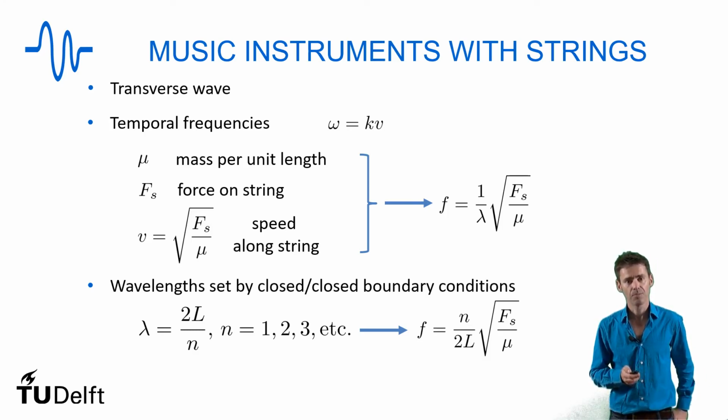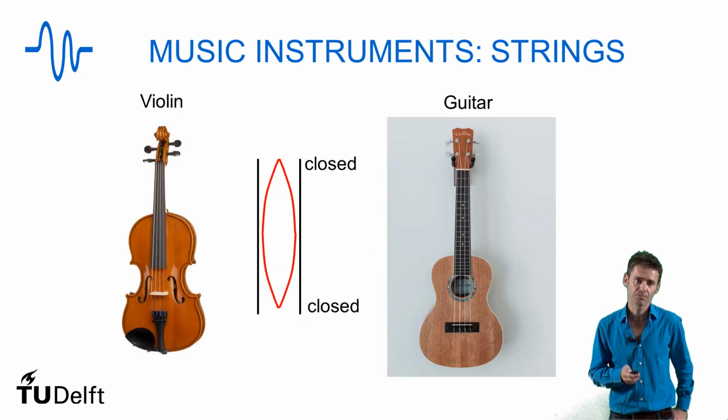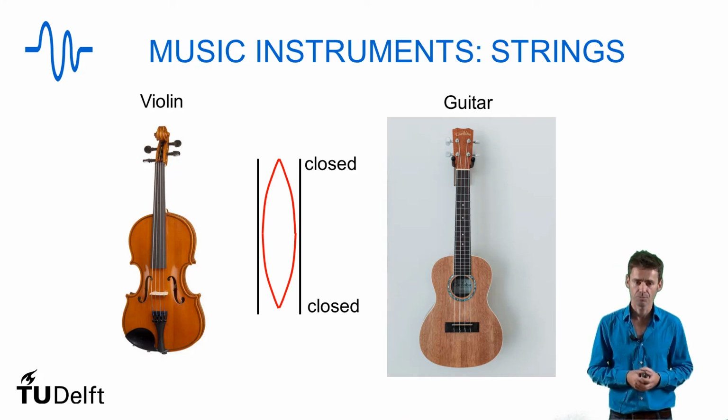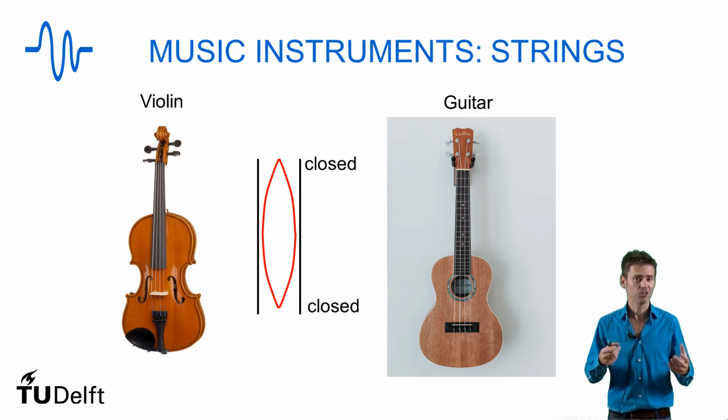Okay, now let's have a look at a few instruments. The first one is the violin. In the violin, we can change the length of the string by putting our finger at a different location on the fingerboard. In this case, we can change the pitch of this fundamental mode continuously. However, the violin also gets its nice sound because it also resonates all the other higher harmonic modes that are given by the length of the string that oscillates.